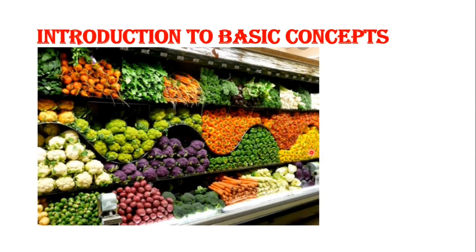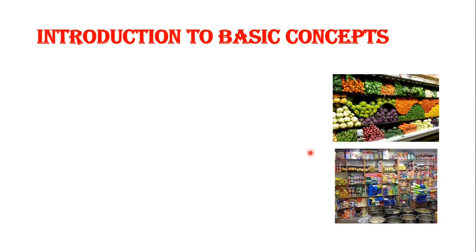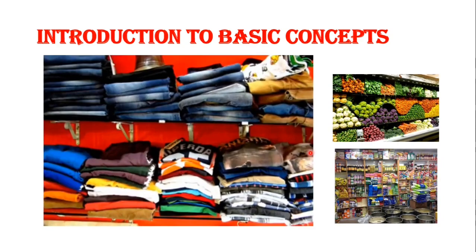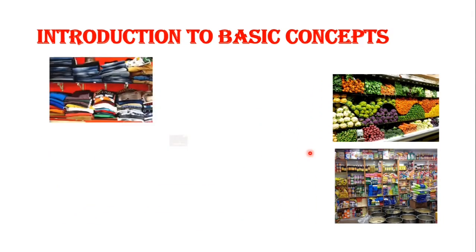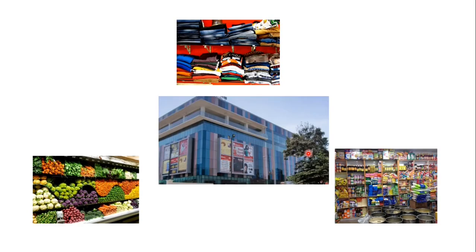Consider buying different items from the market. If you have to buy vegetables, you will go to a vegetable shop. If you have to buy some grocery items, you will go to a grocery shop. And if you have to buy apparels, you would go to a shop where you get apparels. By this I mean that for every different type of item, you have to go to a different shop. So today we have a concept of outlets such as mega marts and big bazaars from which we can get all the products under one roof.